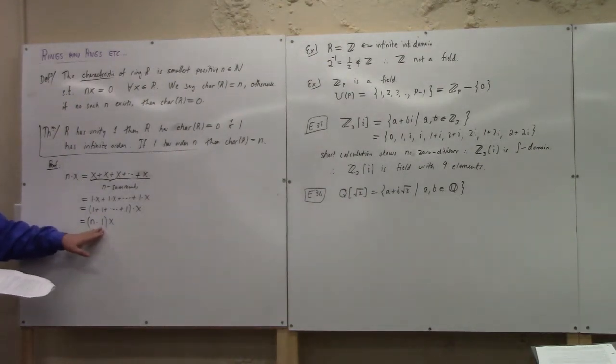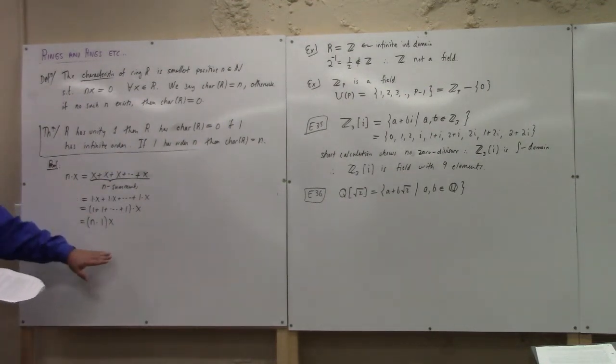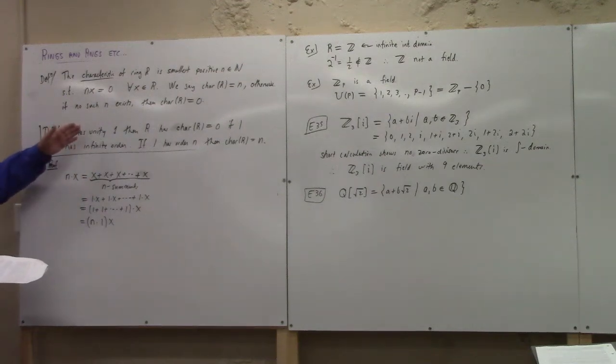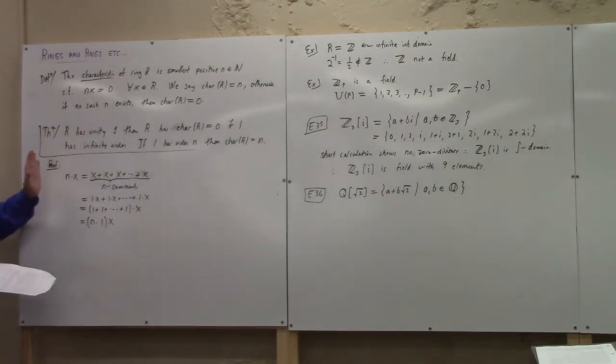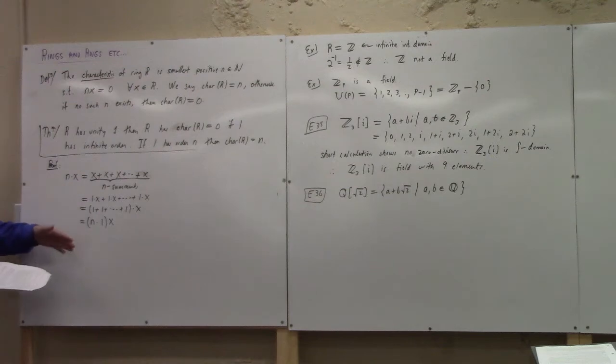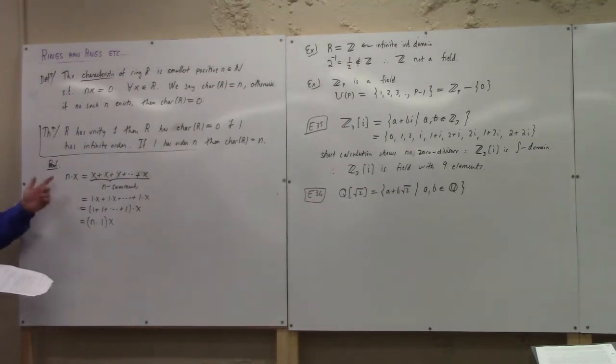So if n times 1 is 0, and that's the smallest such n, then that makes nx equal to 0 for all x, which says it has characteristic n. Now, by essentially the same calculation, if 1 has infinite order, and you somehow had nx equal to 0 for all x, well, that would imply that 1 had finite order. Anyway, so